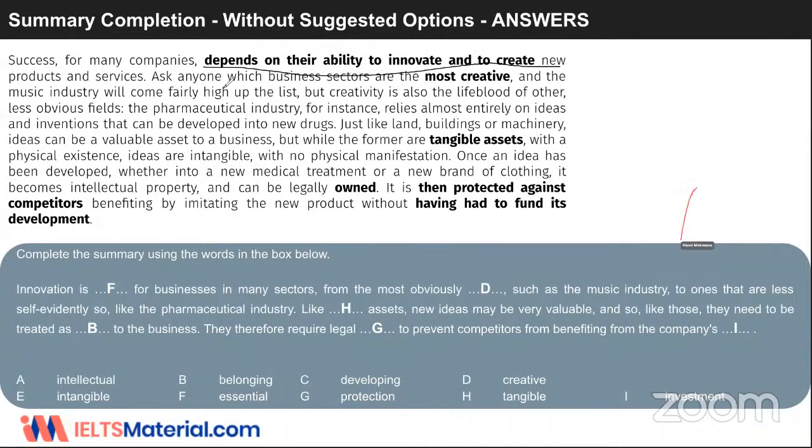Okay. So now when you just go here, Hemi Makwana, please don't scribble on the screen. Even the question words are already there. Just see, you have innovation, which is written here as to innovate and to create. What is the meaning of to innovate and to create? It is innovation, right? And when I talk about for businesses in many sectors, we have for many companies, but there is no word business.